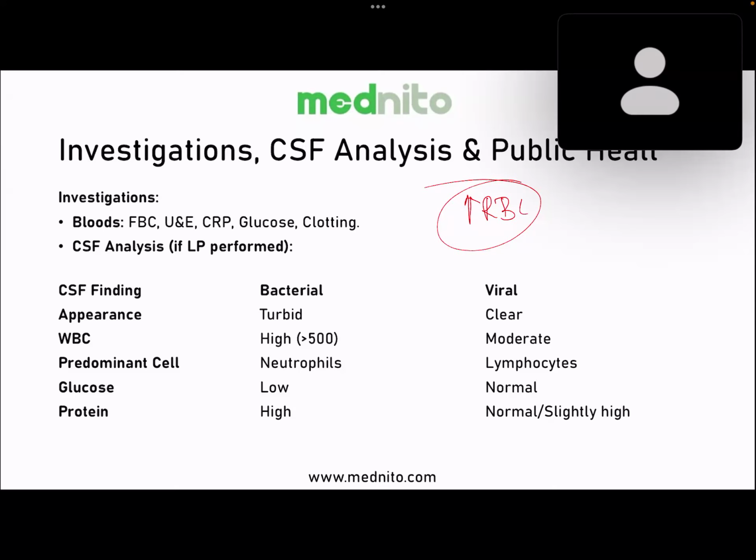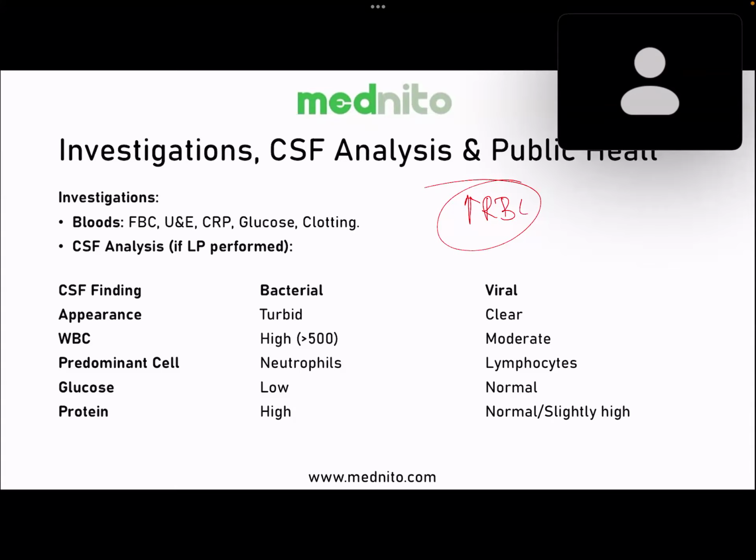All right. Obviously, in bacterial infection, the bacteria eat away all the glucose, so glucose is low. The bacteria turn this glucose into protein, so protein is high. What is the cell of acute inflammation? It is the neutrophil. So if it is an acute inflammation, it is the neutrophil that increases.